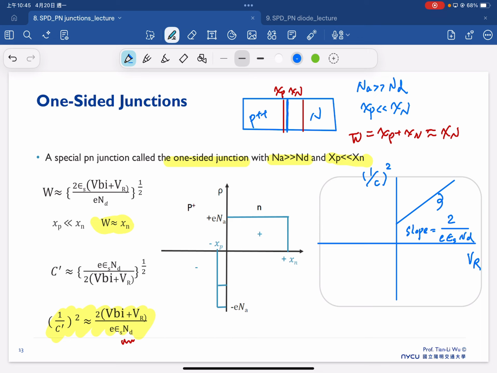That's why we spend the time to talk about junction capacitance, because this is useful for us to estimate doping concentration. This equation shows that the slope is related to the N_D, and also the intercept here is related to the built-in voltage, where we have N_D and built-in voltage here. So in the end, this becomes a very useful measurement technique, because if you have a piece of the material,